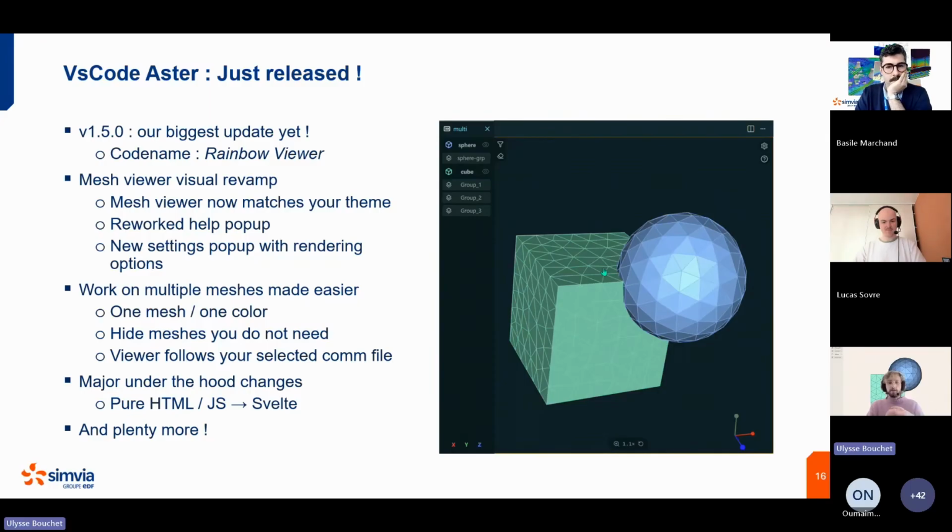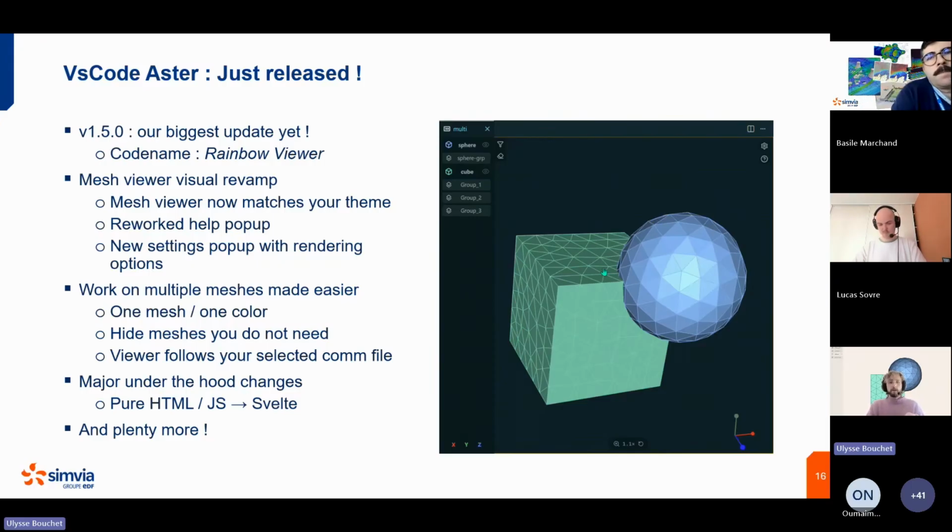Only dark themes are shown in the GIF, but you can see on my webcam background that light themes also work. We reworked the help pop-up, which now has more tabs, is easier to navigate, and has more tooltips. We added the settings pop-up with mostly rendering options